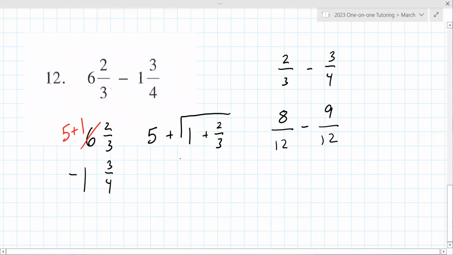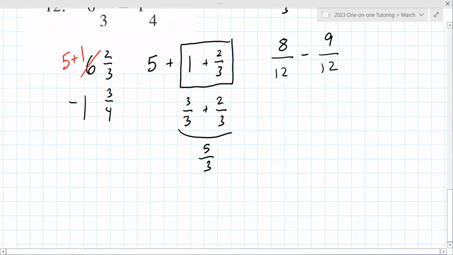So we can actually combine these fractions, okay? Because one can become 3/3, because we want to match the denominator on the right, plus 2/3. Do you see that? Yeah. So what does that become? What's the result? That would, when you add, become 5/3. 5/3. Very good. Now here's the summary. The summary is that instead of writing 5 plus 1 plus 2/3, we're going to write 5 plus 5/3,